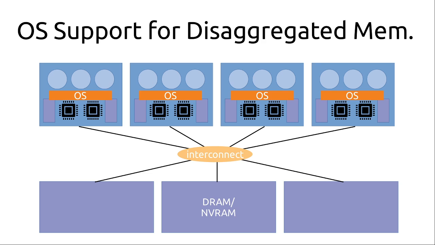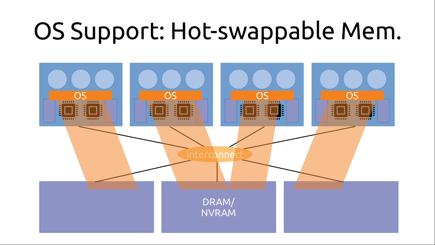Now, one way of putting an operating system into the system is the traditional way, and it's essentially just saying, all right, let's take an operating system, boot them separately onto each of these individual systems, and we have something that looks like this, a number of operating systems that somehow need to coordinate for all of that shared resource of the memory. And a lot of these operating systems have the bare minimum of support for being able to do that, so long as that NVRAM or the DRAM can appear within the physical memory of each of those nodes, then we can use hot-swappable memory to be able to access it. So here you see each of the operating systems being given a different range of the NVRAM.